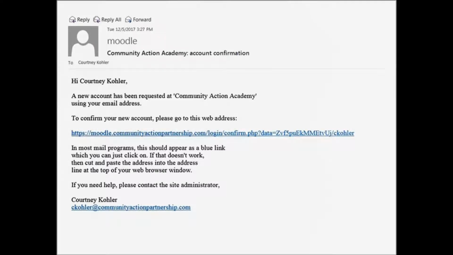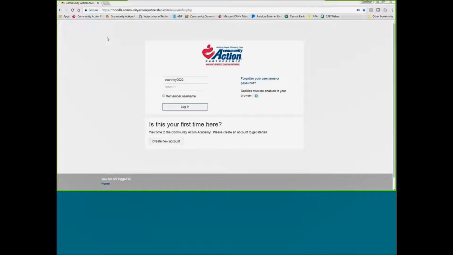So then once that is done, you should be able to log in using your username and password that you just created. So make sure you take note of that when you're creating your account. And then you'll be taken to the Moodle homepage. So we're going to go ahead and do that demonstration now, and I'm going to share my screen and walk through this. So you should now be seeing my screen, and you can see that I'm at the